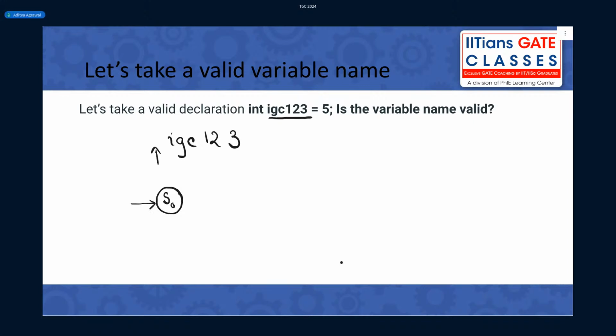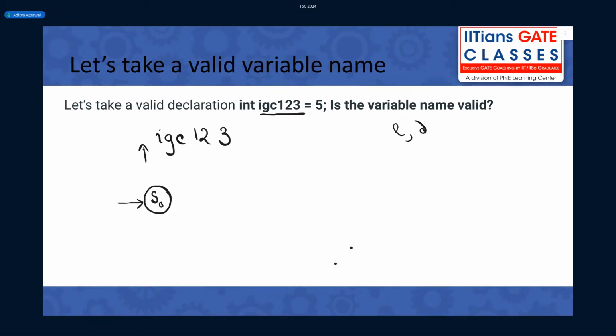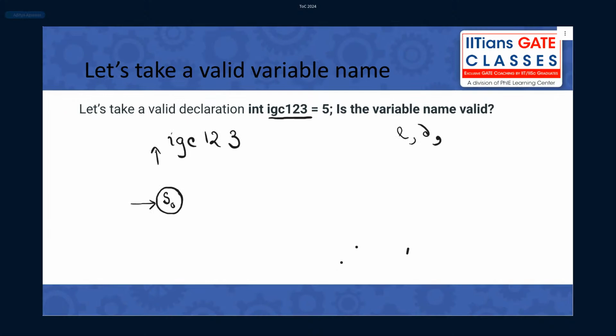Now let me recall what we said in the last slide. We had L, which denotes all the letters, small and capital. We had D, which denotes the digits from 0 to 9. We had underscore, denoted by US. And we had a space, denoted by this angular bracket symbol.